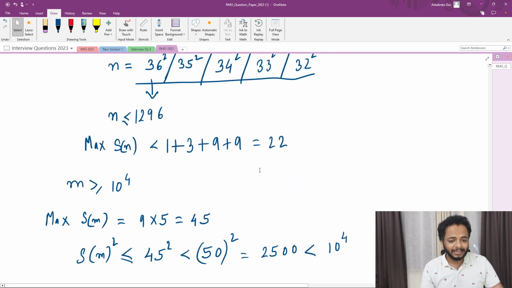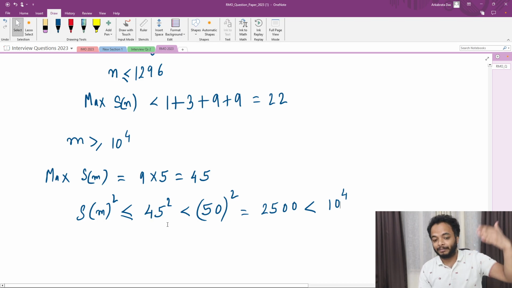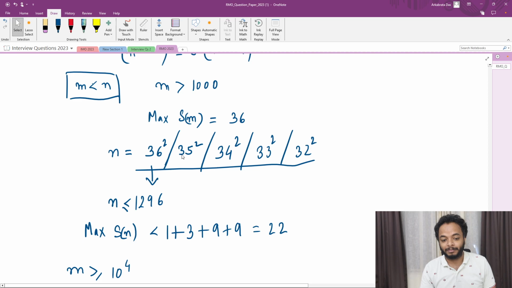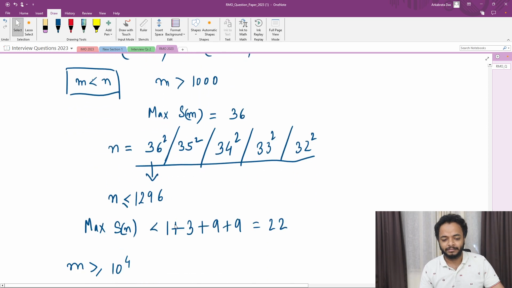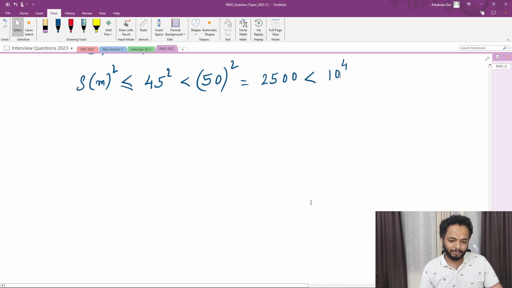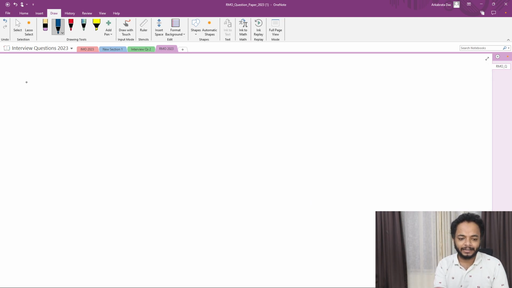So the thing I was saying is why things become very easy here: even for the maximum sum, the square is not able to reach 10 to the power 4, but there were some cases like 36 square, which is still more than 10 cube. That's what I wanted to mean. So now I'll be making a claim, which I'll be proving. So the claim is that